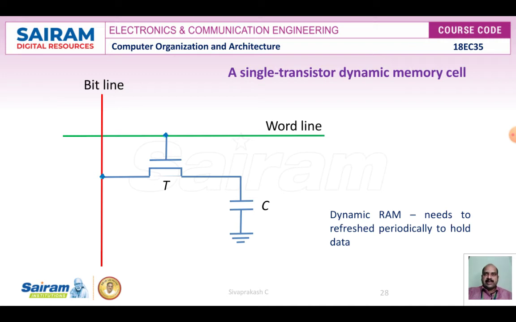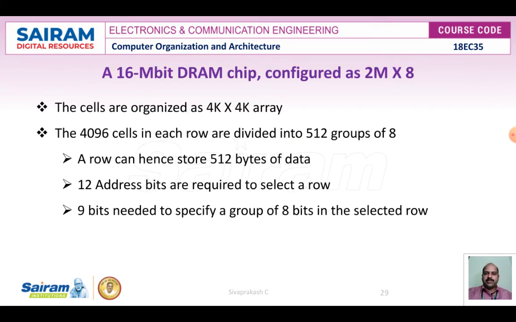All cells in a selected row are read at the same time, which refreshes the content of the entire row. The detailed implementation has been shown in the particular experiment; we can have another organization. In that organization, we can see that particular diagram and operation. We can take an example of a 16 megabit DRAM, which can be configured as 2 mega into 8 or 4 cross 4 arrays. We can study about this.